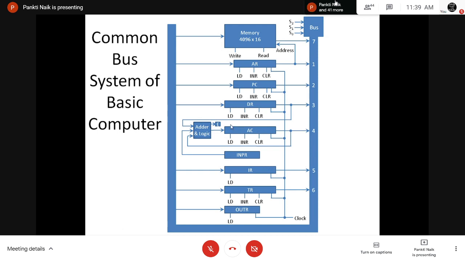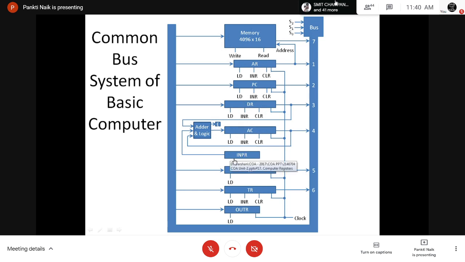Now, this is just for the clock cycle. So this is about the common bus system. The common bus system for the basic computer contains the different registers and the arithmetic and logical circuit. E is a flip-flop, that is an extension of the accumulator. Then the memory unit. For the memory unit, input and output are stored to the common bus system, but the memory address will be stored into the AR register. PC is the program counter. DR is used to store the instruction data.